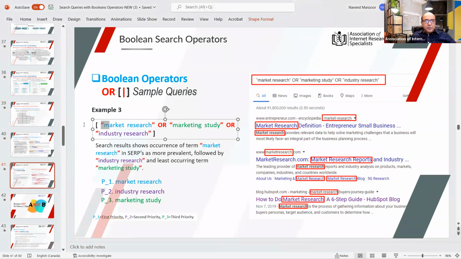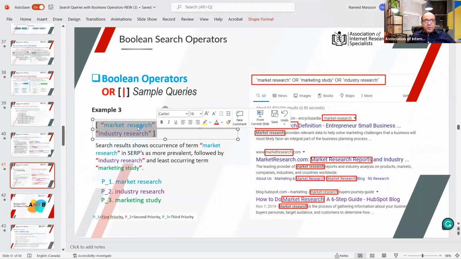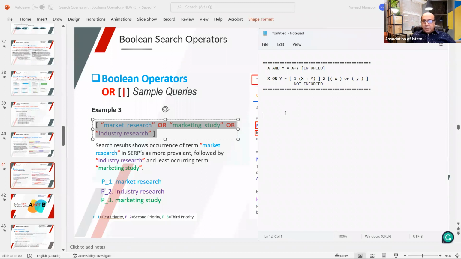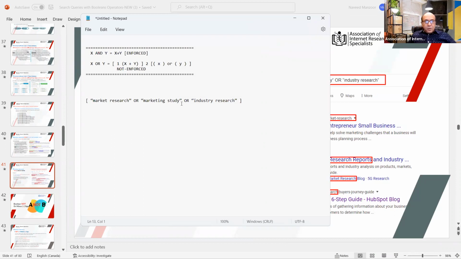First I'll copy it, and then see if I can make it a better one based on the returned results. So let's suppose I have a query such as this. Knowing that market research is more popular, I would just eliminate